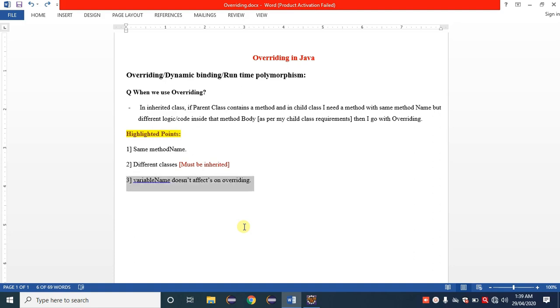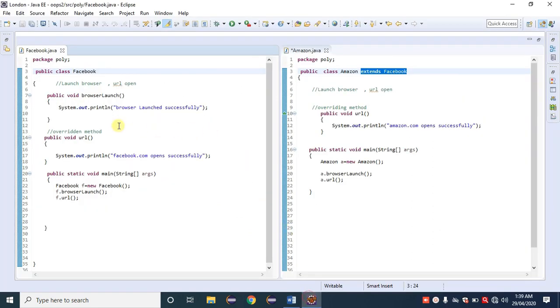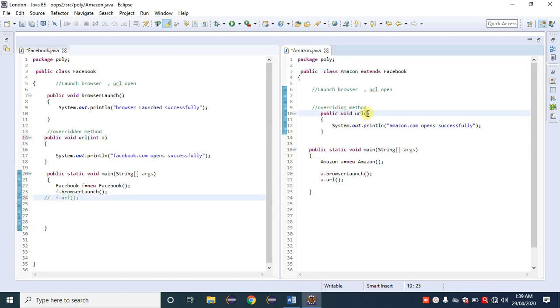Okay. So the variable name doesn't affect overriding. Just see the example. Right now here is a 0 argument. Suppose here I am passing one argument, int a. And here I am passing another argument, I am just providing comments here. Again here I am passing another argument, suppose byte a. So we know that it is not overriding, because for overriding everything must be similar. Here an int is available, here a byte is available. It is now overloading, a method with a different data type.